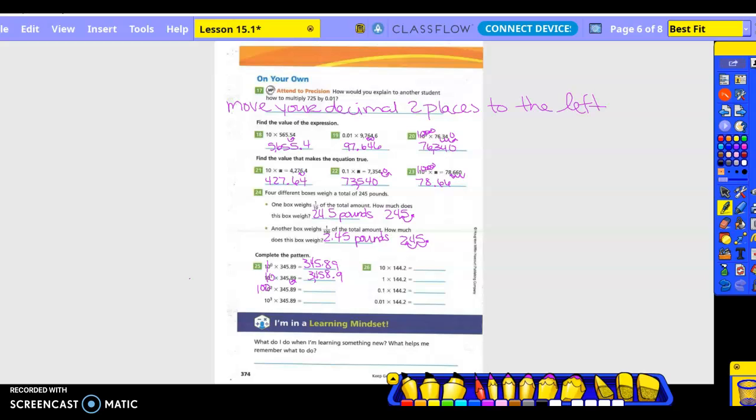10 to the second power is 100. Multiplying times a whole number. So I'm going to go to the